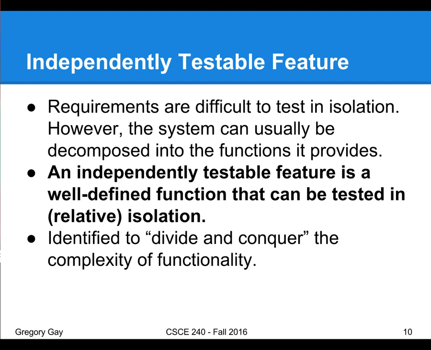So an independently testable feature is any well-defined function of the software that can be tested in relative isolation, as isolated as possible from everything else in the system. What we can do is identify the functional behaviors as perceived by the users of the system, what functionality is externally visible, right? So we're often not talking about the method level, but at the level of the software as a whole. What are the features we can use as a user? What can be interacted with?